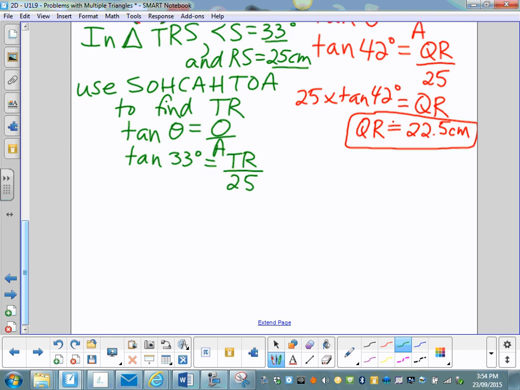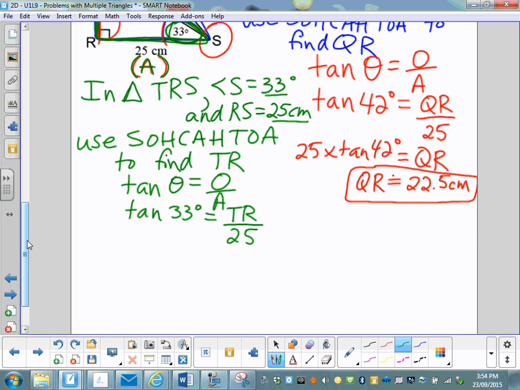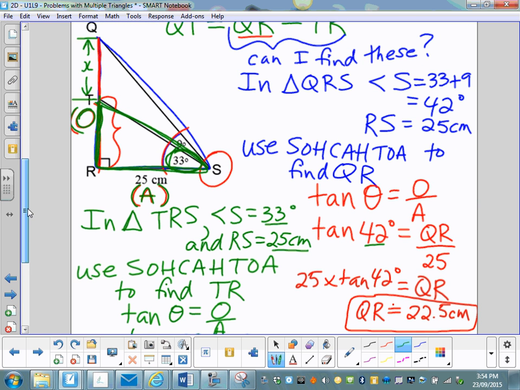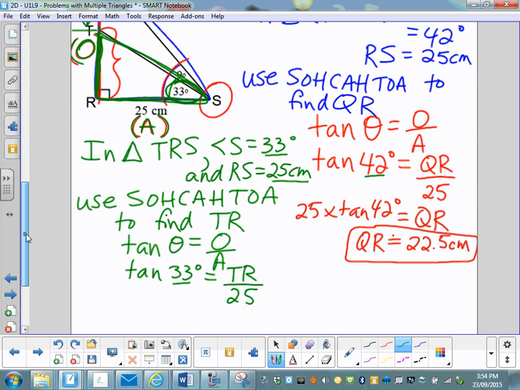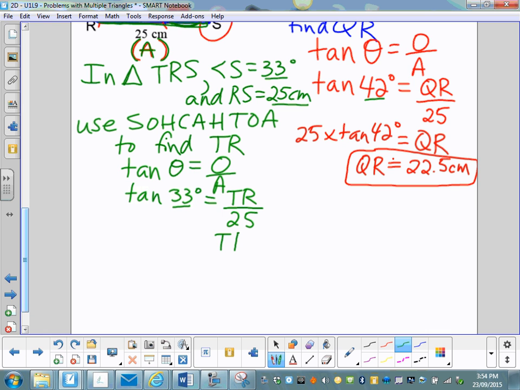So you can see we're using the same formula in the smaller right angle triangle. The only thing that changes is the angle that we're using, because in the bigger triangle, the angle is 42. In the smaller triangle, it's just the 33. So TR is equal to 25 times tan 33. When we move the 25 to the other side, we multiply. And TR then, when we do that calculation, you should get 16.2